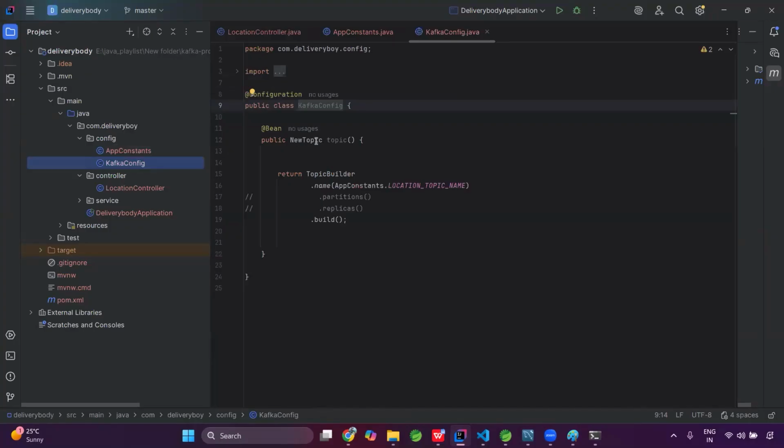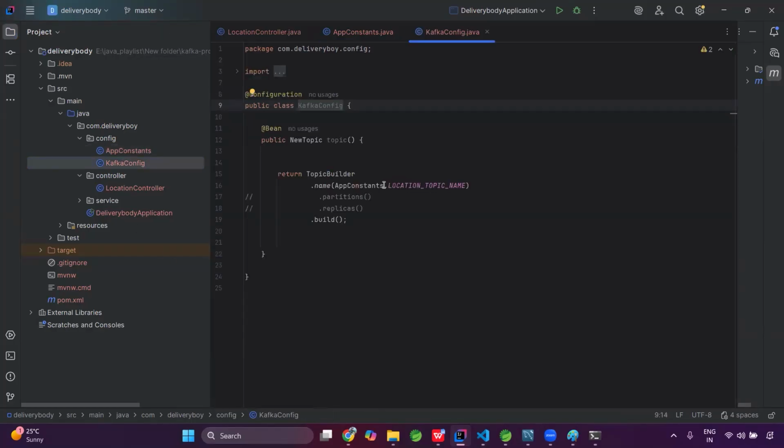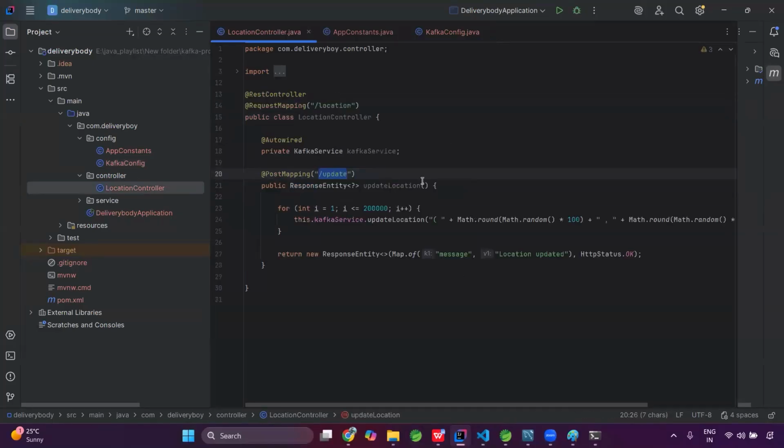Here, a new topic. What I did is, first, in the app constant, I have added the topic name. Here I told Kafka to create a topic for this. Okay. Then I have a controller. So in the controller, what it will do is, once the topic is created,